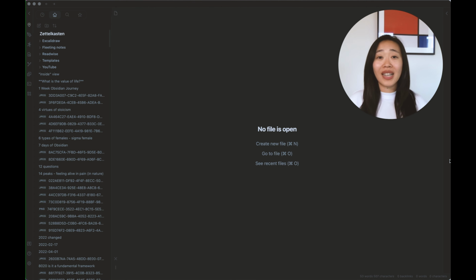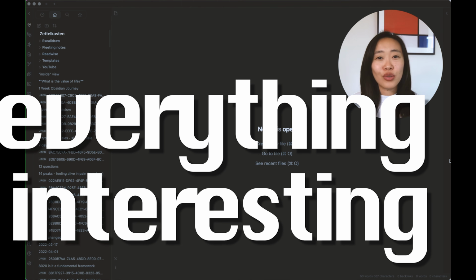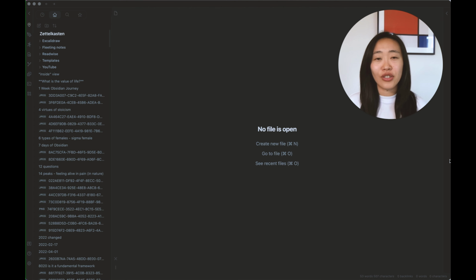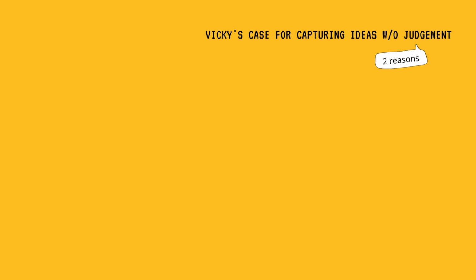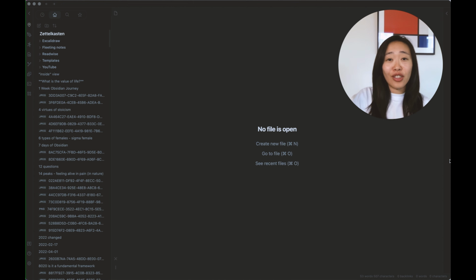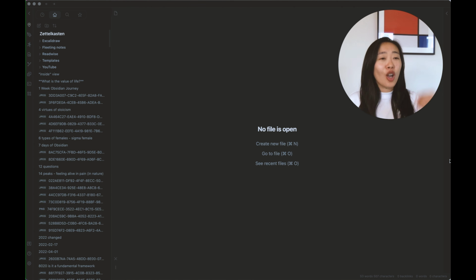So what exactly will you write down on the notes? I'll share something a little bit controversial in the community. You let me know if you agree with this or not. And that is, I think you should write down everything that is interesting to you without judging it, without thinking, is this useful? Is this even a good idea or not? And the reason for that, I have 2. The first one is the Zettelkasten method teaching us how to observe our thoughts, becoming aware of when we have fleeting thoughts and being able to capture those, and being aware of other people's ideas and being able to bring them together. So just at a very basic level, we need to practice noticing thoughts and trying to write them